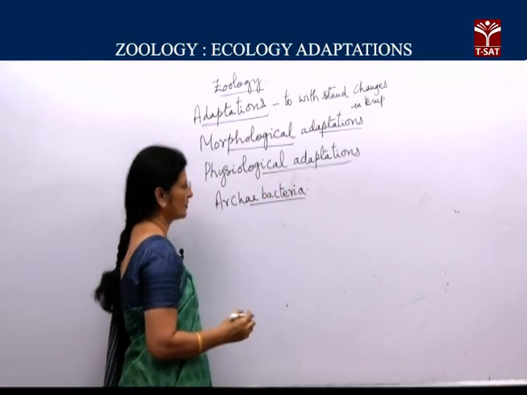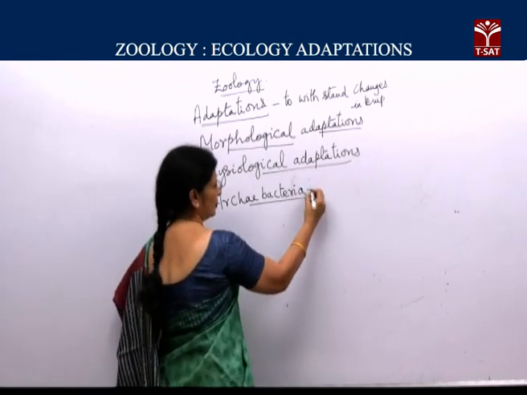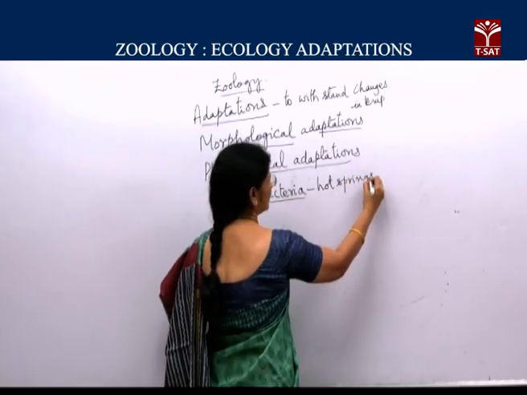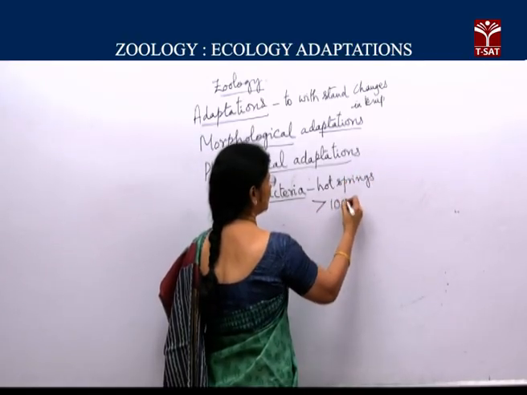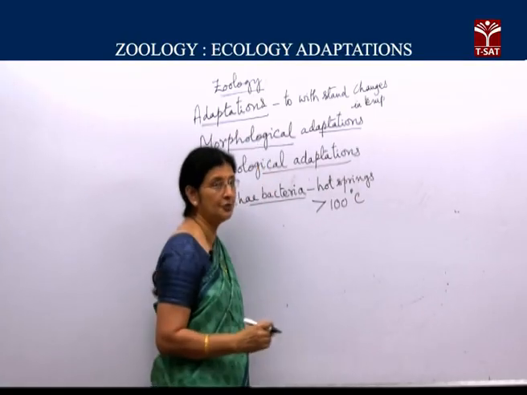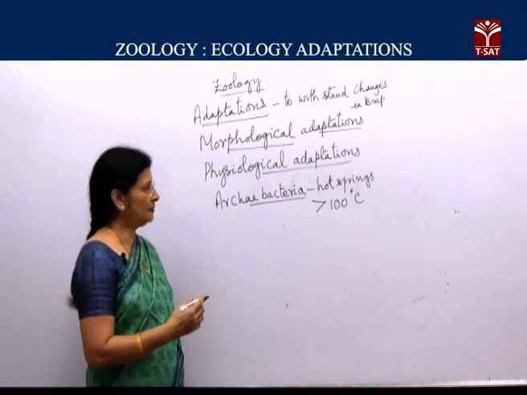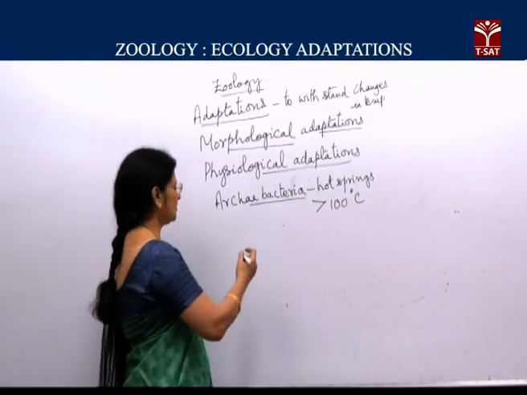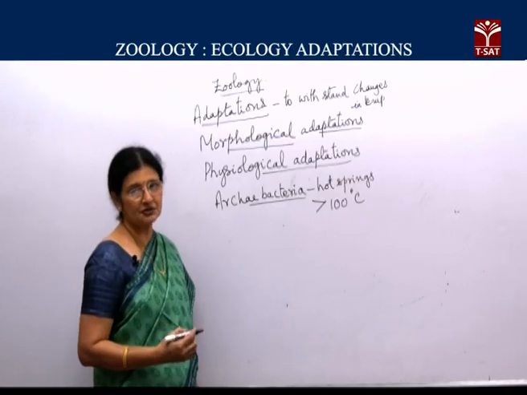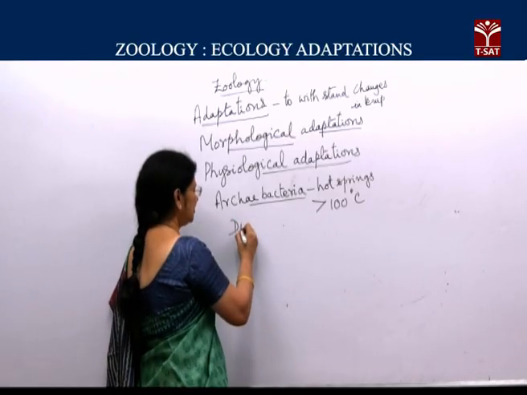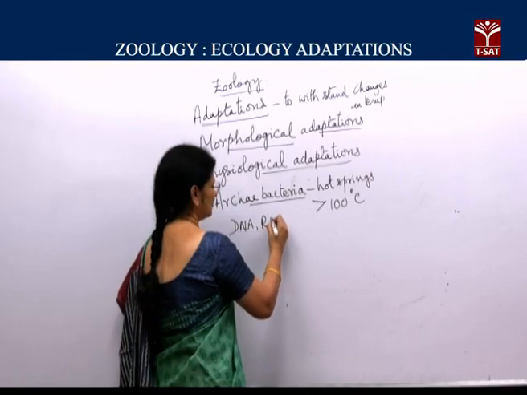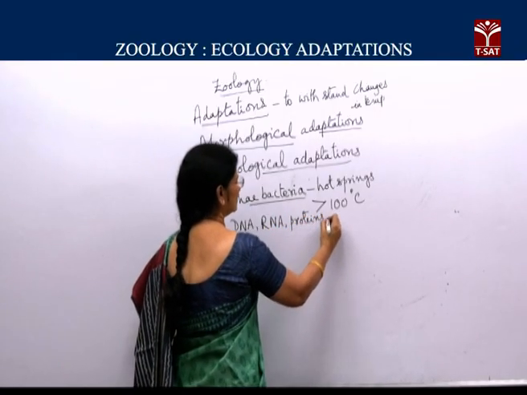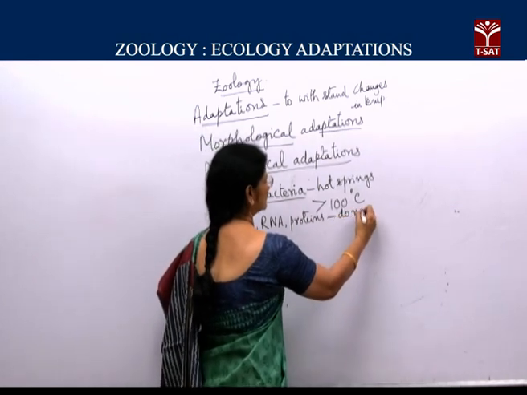Bacteria can live in hot springs where there is more than 100 degrees Celsius, more than the boiling point. The bacteria are able to live because they have some special proteins, and this DNA, RNA, proteins and all do not undergo denaturation,